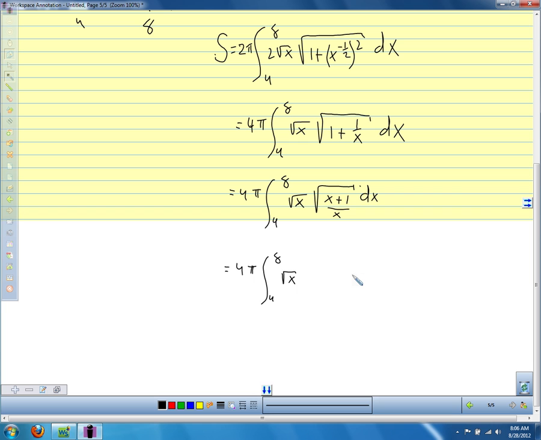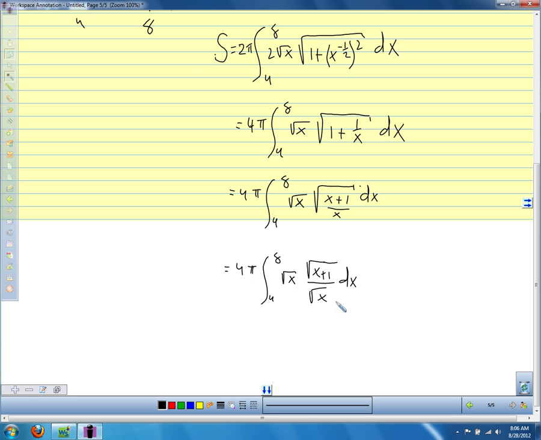Right, there we go. So we're going to rewrite it as the fraction of the square roots. Either direction. So I'm going to rewrite this as square root of x plus 1 over the square root of x